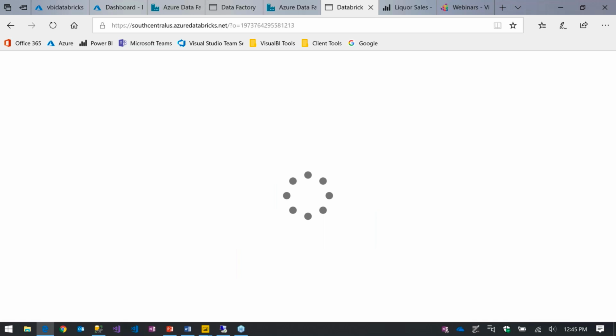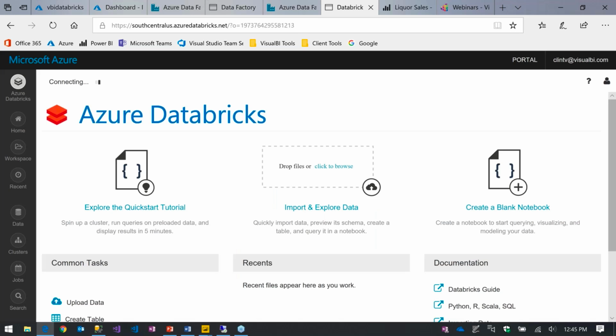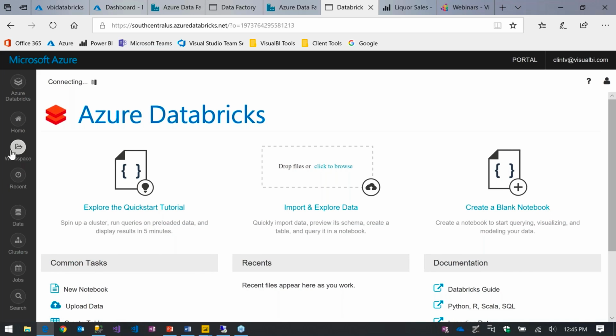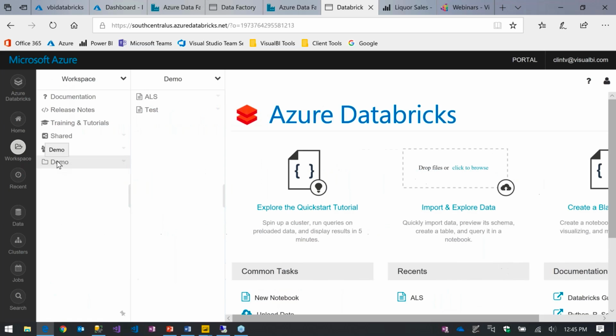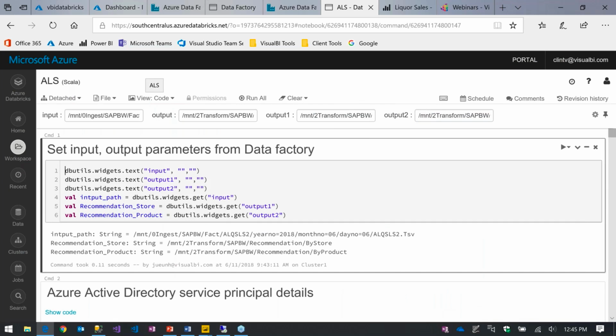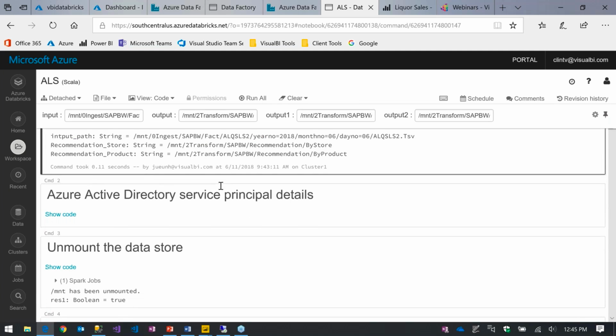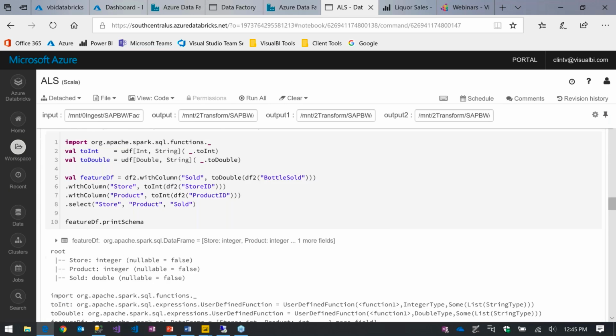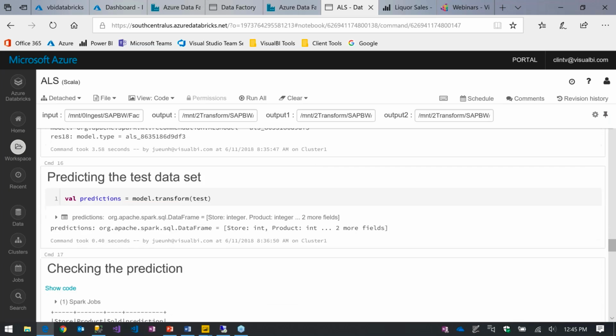So very quickly, we imported data from our Data Lake Store, and we used a machine learning algorithm on it. It was the ALS algorithm in machine learning. What we're after here is to be able to rank our data using that. So what we were after is to be able to produce a rating scale around product and stores. There's going to be a lot of information here. I am not going to try to go into this. I don't have the time. But it's just to demonstrate that this is possible. You set all this up, and then as I get down to the very bottom, it's going to be the output of what happens when you run this Databricks workbook.